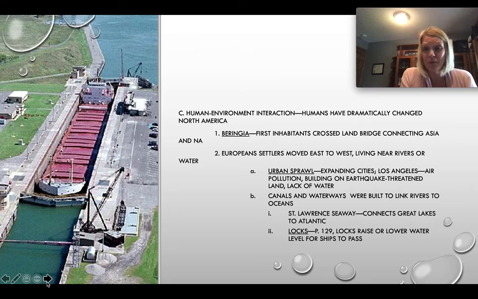We really have dramatically changed the face of North America in order to control the resources, to allow the resources to work for us. In some ways, that's really great, and in some ways, that's really bad. Sometimes we cannot repair or undo the damage we've done. As we progress, we realize we need to take better care of our earth, but sometimes we don't do it properly, or we don't think of the long-term consequences when we're doing it.